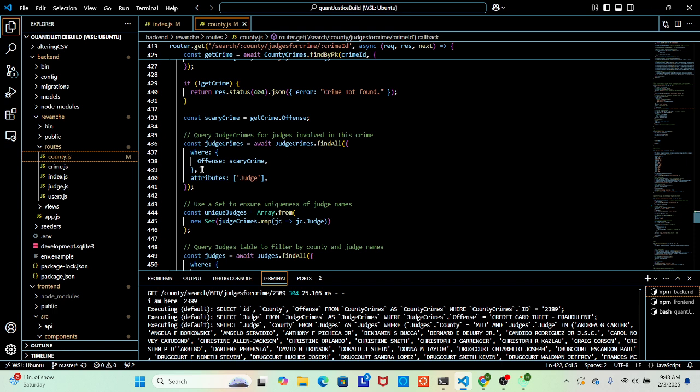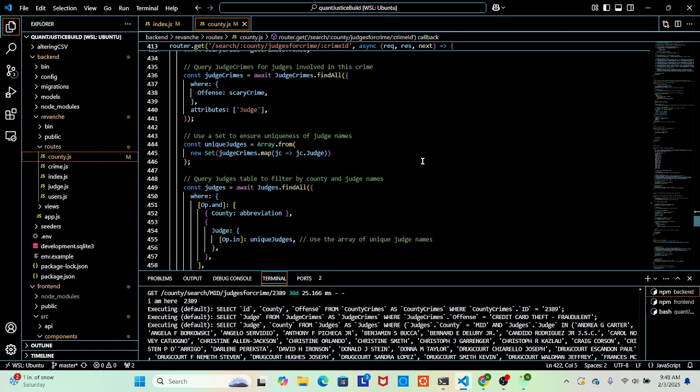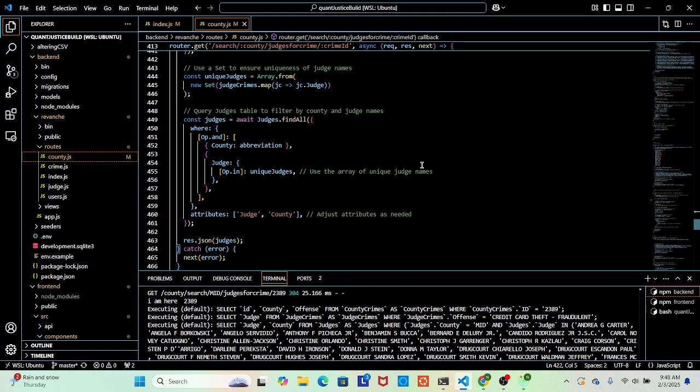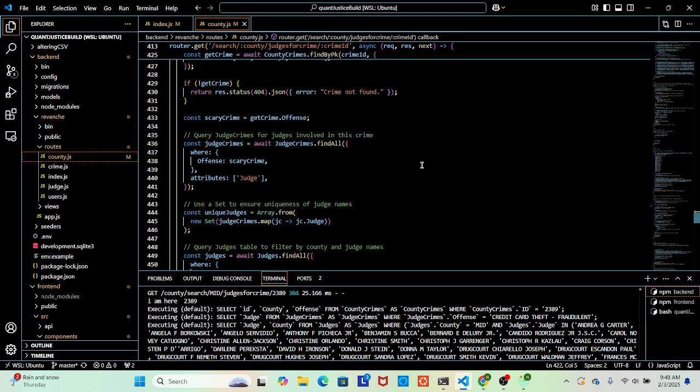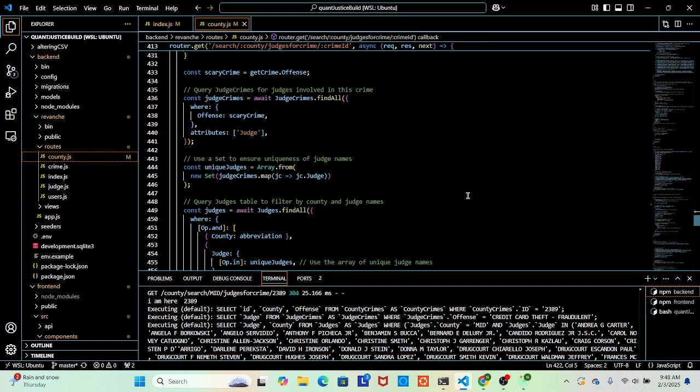Okay, judge crimes, good, attribute judge. Unique drugs array from new set, judge crimes map. County abbreviation judge. Yeah, I probably had that code generated, but it works. It just takes